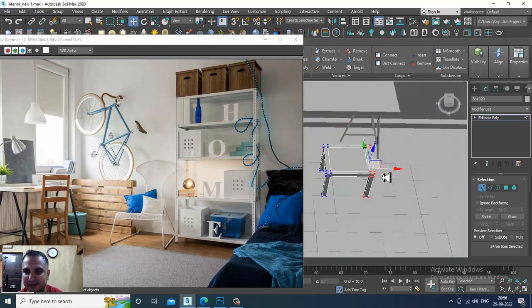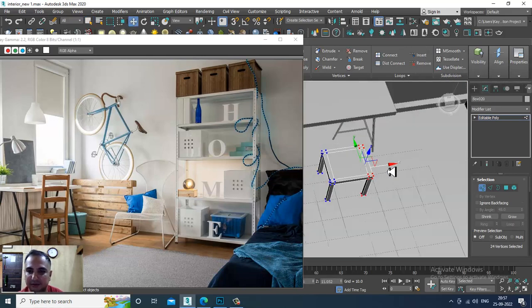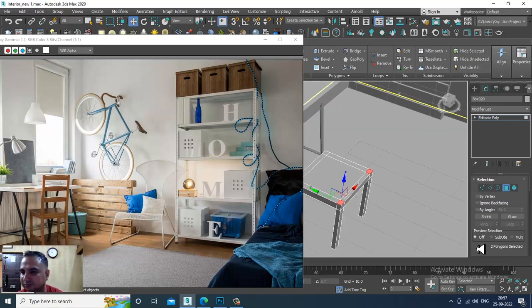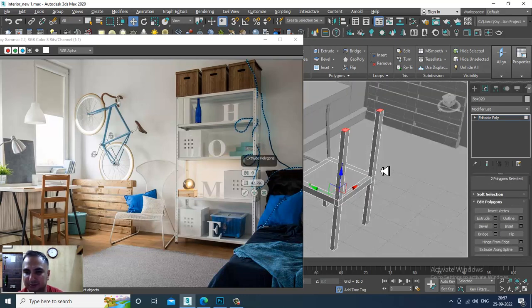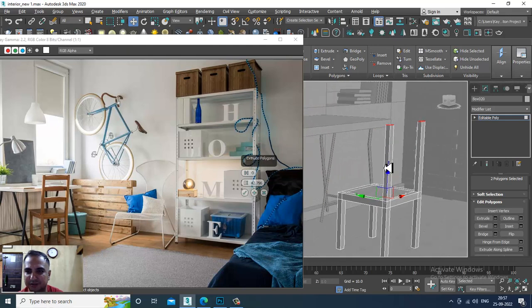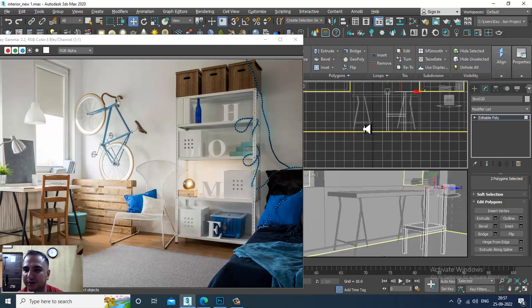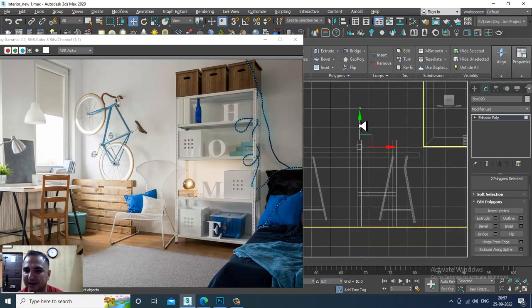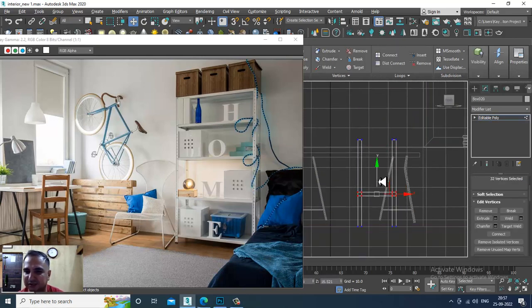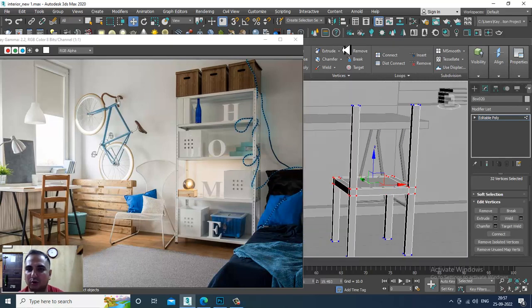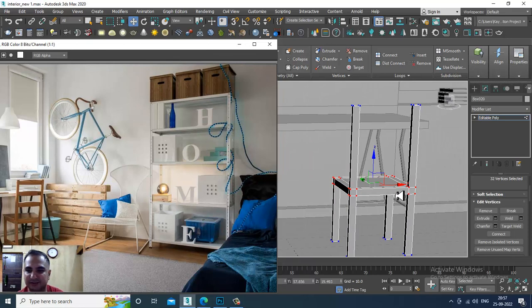First I'll just select this, I'll slightly shuffle it inside. Select the polygons over here. I'll just extrude it a bit up. Let's go into this view. Slightly just shuffle this up a bit. Now I can again go over here. I can select this